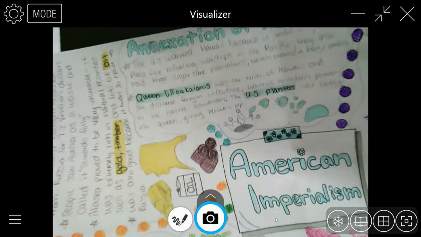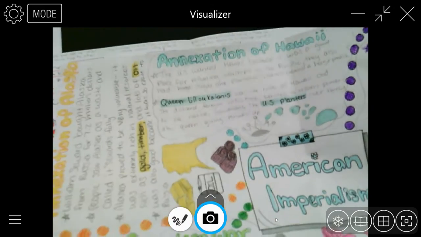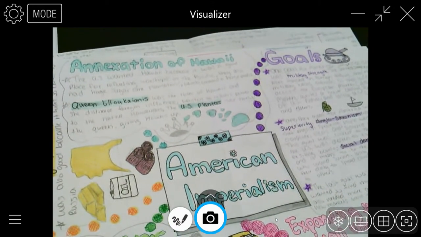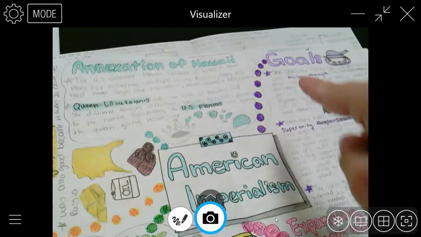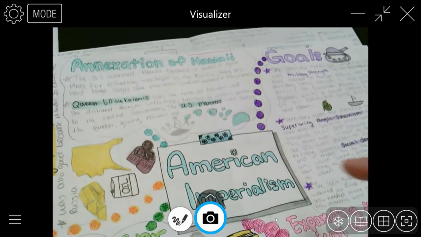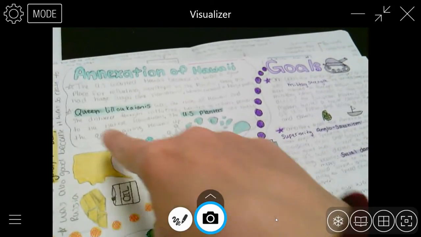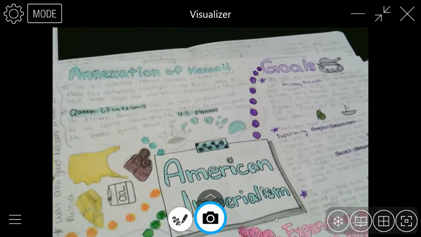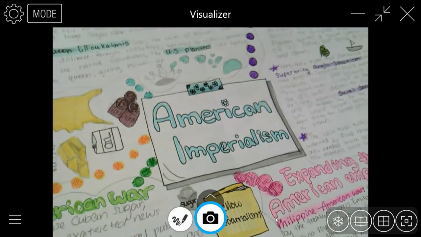It looks like she's really thorough, but she wrote really big. And also, instead of using a lot of branches, she just kind of blocked it out. And I would rather see these in branches with more connections. So she used dotted lines for her initial branches, which is great, but then she didn't use any other branches. So I would have liked this one to see more branches,